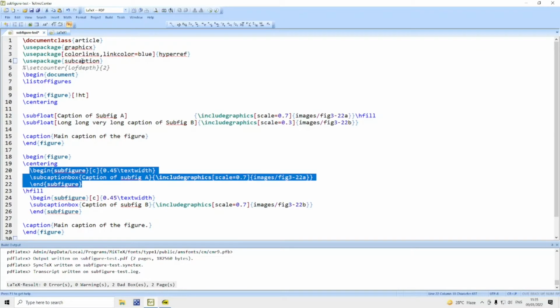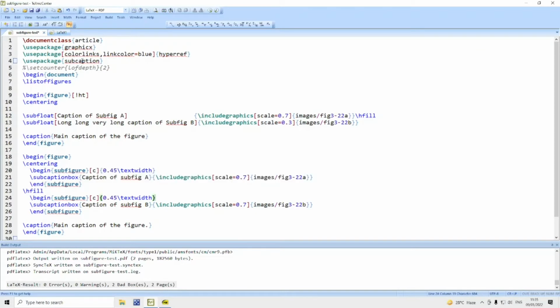The first one for the first subfigure and the second one for the second subfigure. Here we use \subcaptionbox. Within the first pair of curly braces, you give the caption of the subfigure, and in the second pair of curly braces, we give the \includegraphics command. Similarly for the next one.